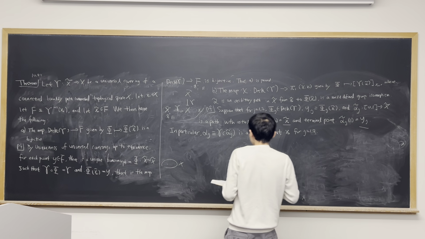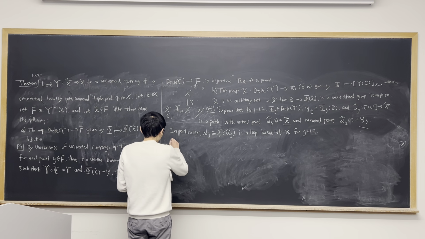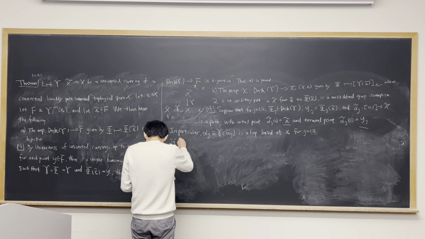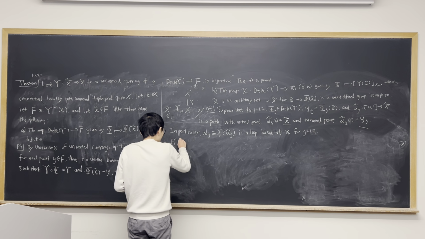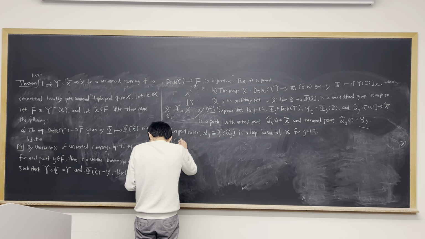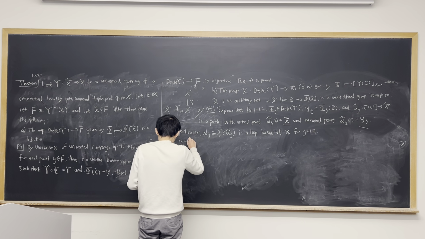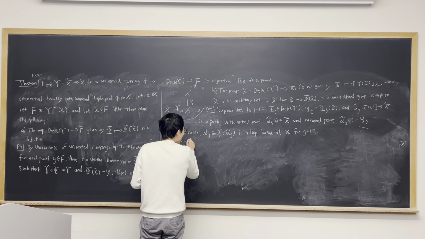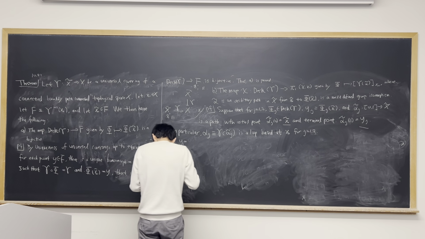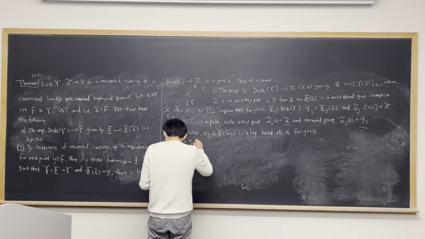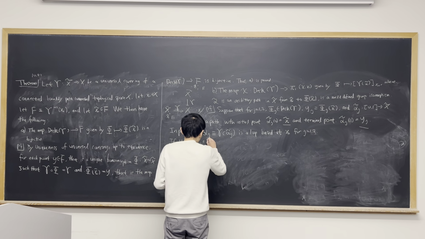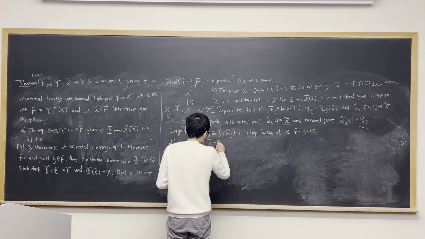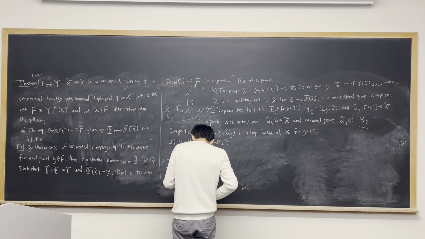So if y1 is equal to y2, i.e. phi 1 is equal to phi 2, then